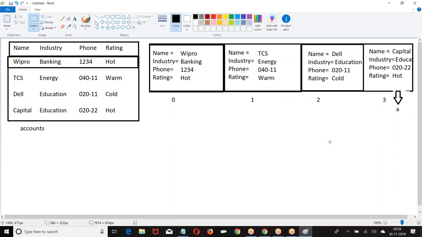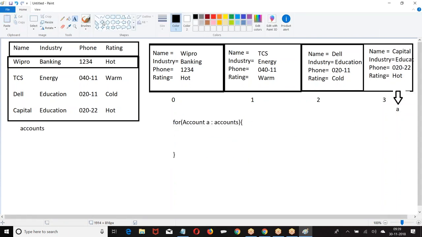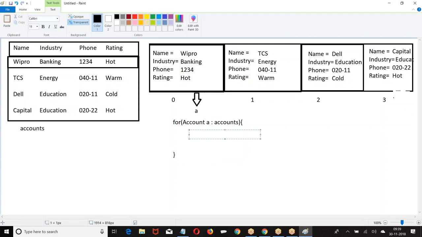So what are we trying to do? Take one by one record. Now, verified.